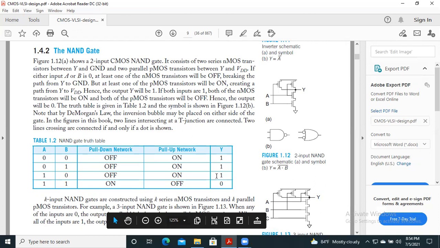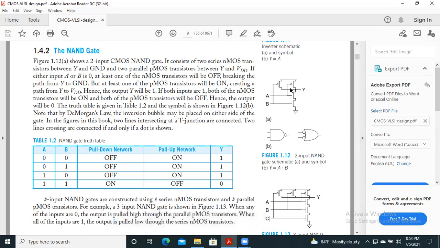We can explain it with the help of our circuit. Here we see that the two PMOS are connected between the supply VDD and the output Y, and the two NMOS are connected between the output Y and the ground.